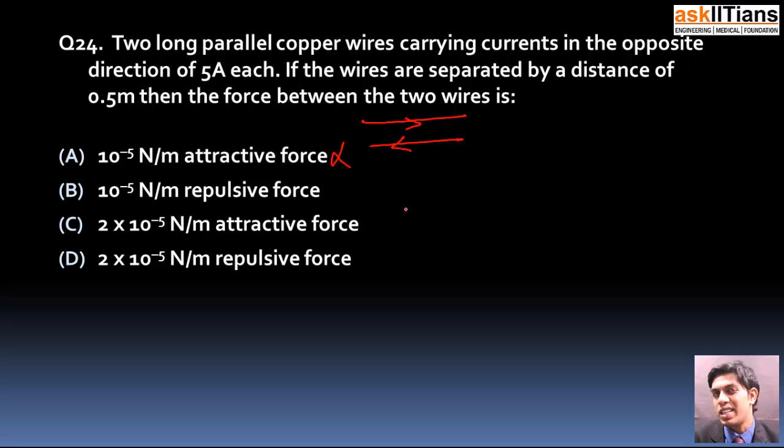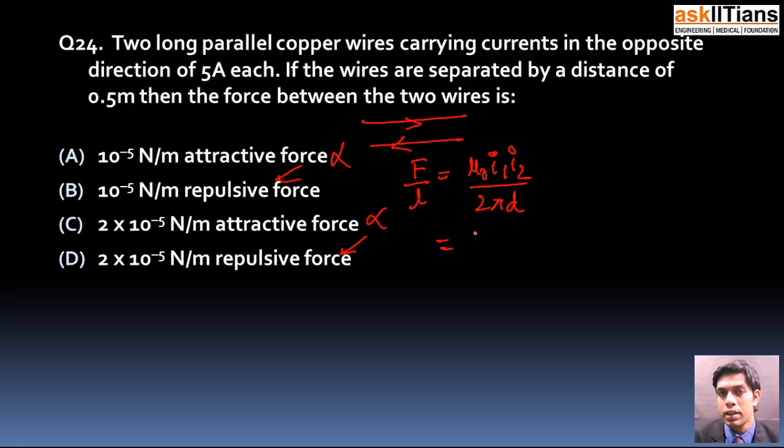So they are obviously not attractive in nature. We know about that. It's either this or this. The force per unit length F by L is given to be mu naught I1 I2 divided by 2 pi d. Substituting the values of the different parameters over here, we will end up getting the value of the force